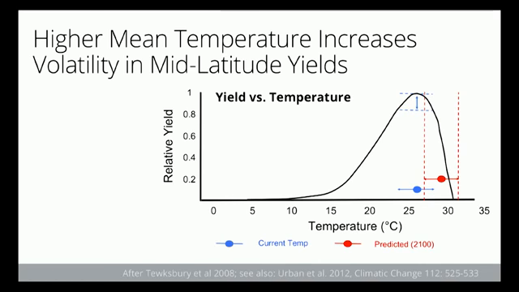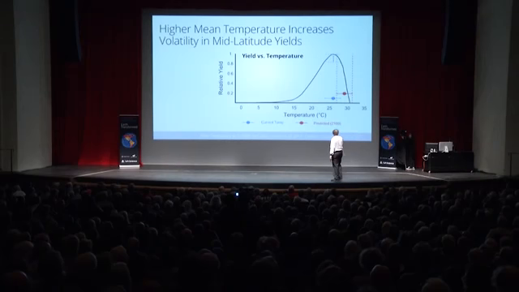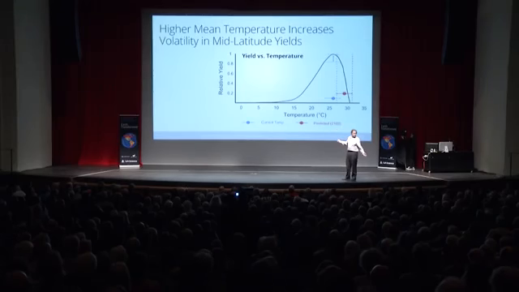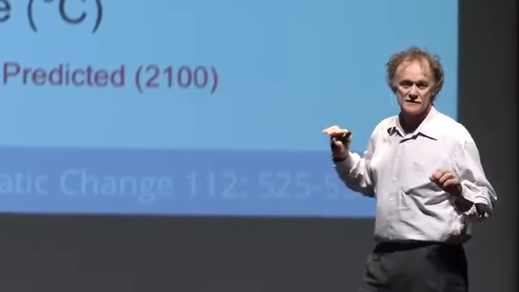Okay, but now if I just warm up a little bit and I'm living in the mid-latitudes, I shift myself out to here on average. And I still have the same natural variability, but now if it's a cold year, I get perfect yield. But if it's a warm year, I get 0 yield. See the problem? The volatility is not just because the mean is shifted; it's because the mean is shifted and you still have the same natural variability in climate, which means that yield volatility is going to go through the roof.